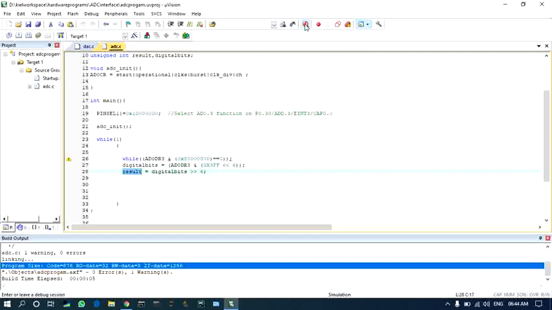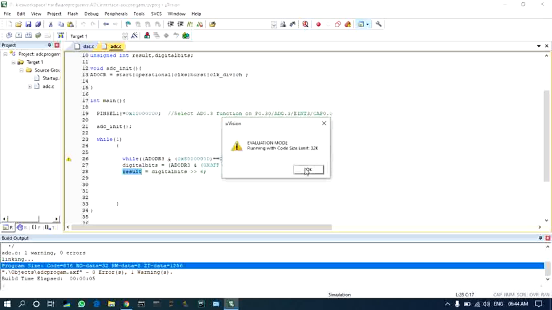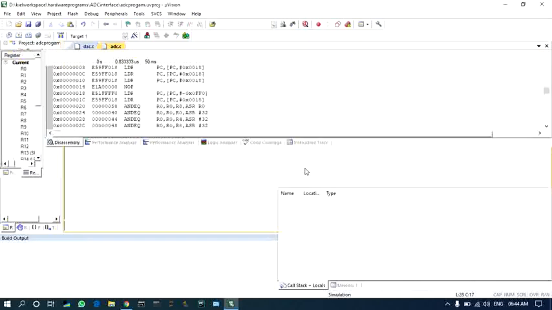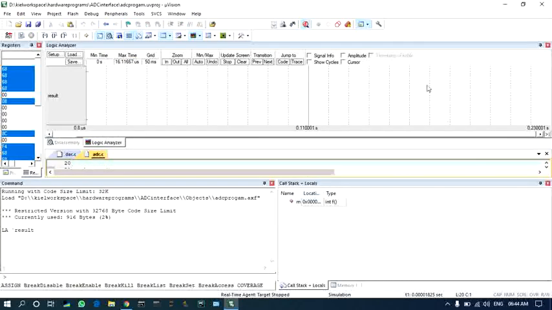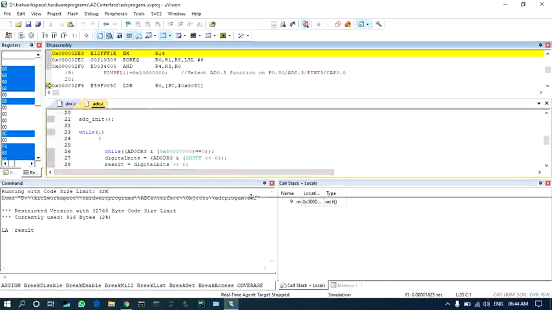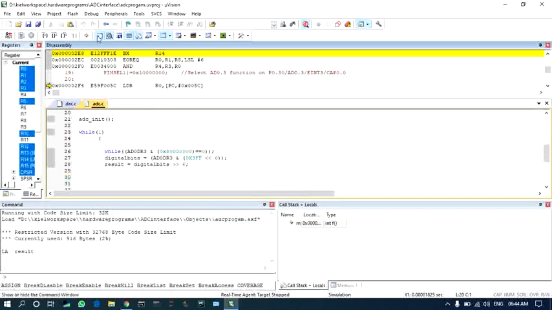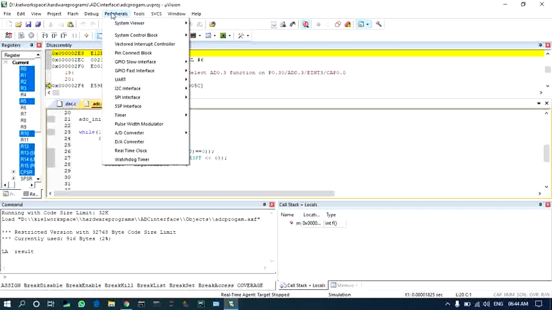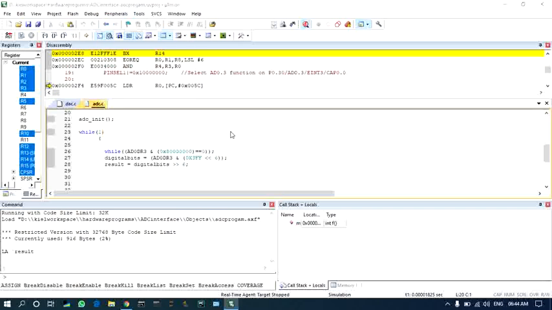We need to run this in the debugging mode. Now, under peripherals, you open the analog to digital converter.